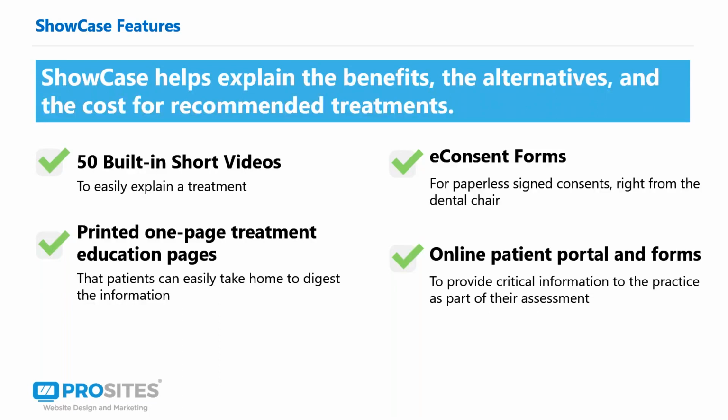And for ProSites customers who already know this, it also includes our online patient portal and forms so that you can provide critical information to the practice as part of their assessment. I won't talk a lot about online patient forms, but we have found our solution, and lots of companies have online patient forms, but our solution is unique in that it not only allows a patient to fill in form